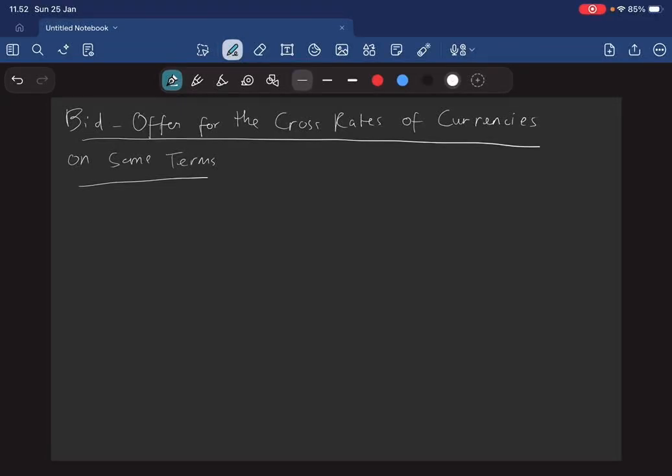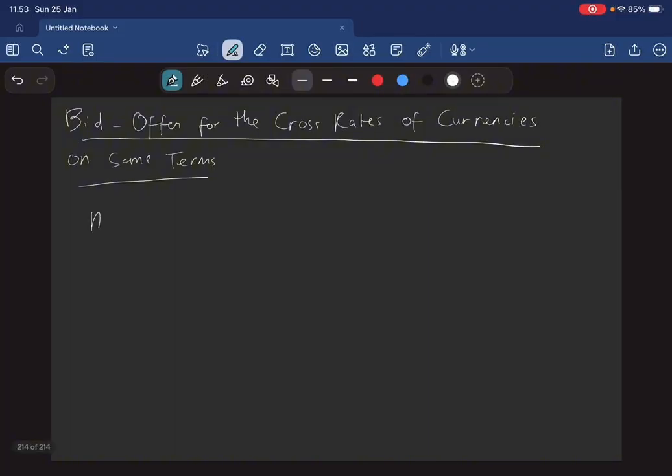So far we have ignored bid-over-spread in calculating cross rates. The same rules apply. Divide by the base rate for currencies in the same terms and multiply the rates for those in different terms. But now you have to figure out when to use the bid and when to use the offer of the first two currencies to create the bid-offer of the cross.